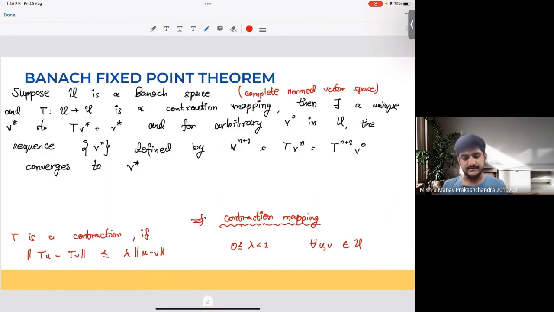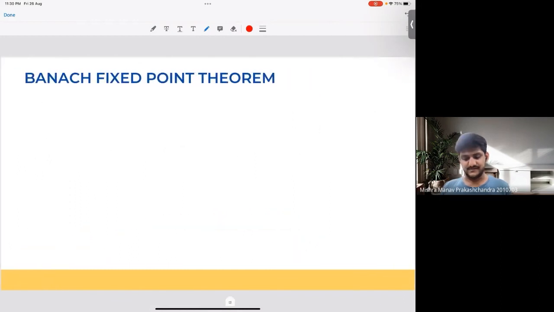Okay, and yeah, you can see the proof in the lecture. So if I have a Cauchy sequence, then eventually it should converge to a fixed point, and the Banach fixed point theorem is basically one of the simplest fixed point examples, and it's easier to prove. So that's what the lecture proof